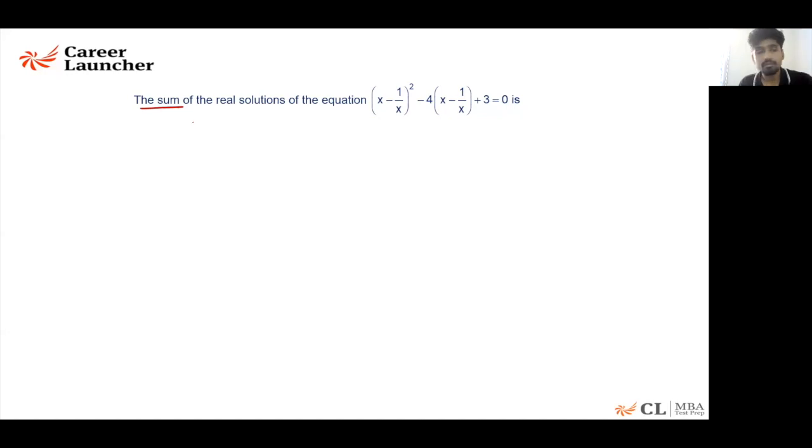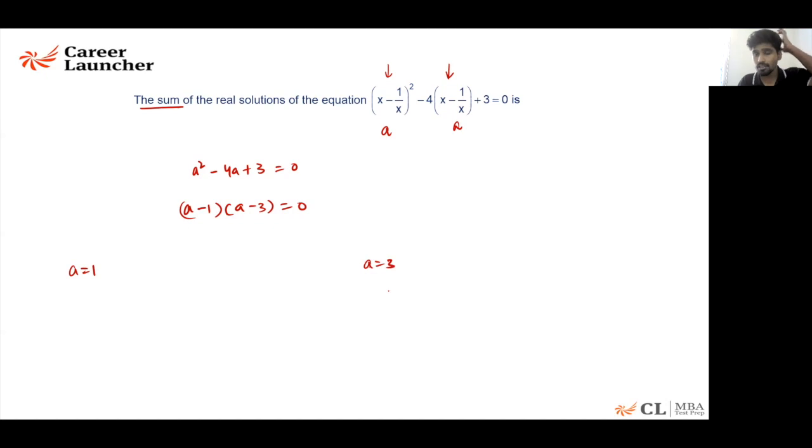This looks like a proper Bhayankar algebra question, but you should not fear such questions, because what is there in the bracket here is the same thing that is there in the bracket over here. So let us assume this is A and this is A. As a result, you'll get a square minus 4a plus 3 equal to 0. That means a minus 1 into a minus 3 equal to 0. That implies a is equal to 1 is one solution, a is equal to 3 is one solution.